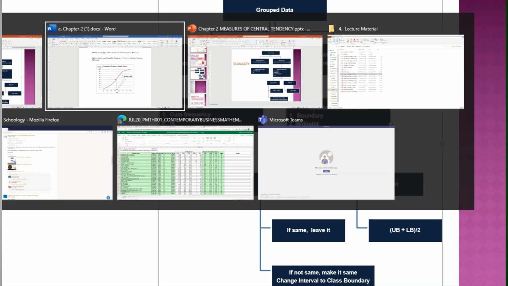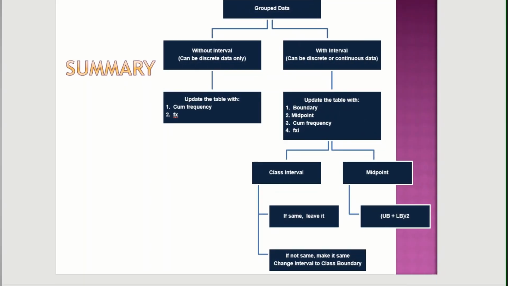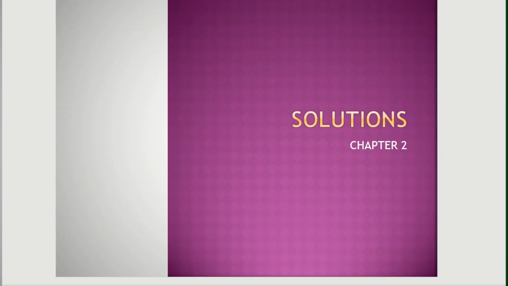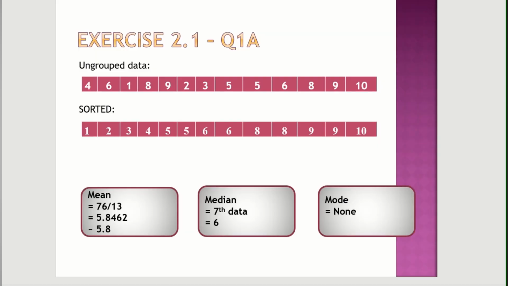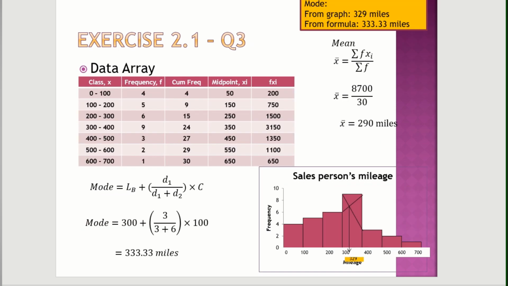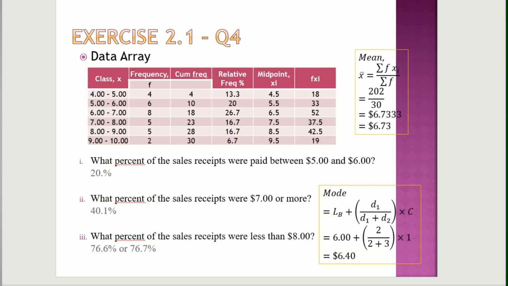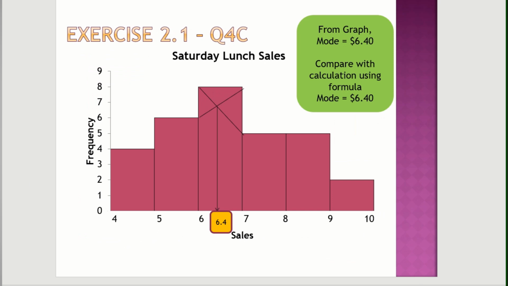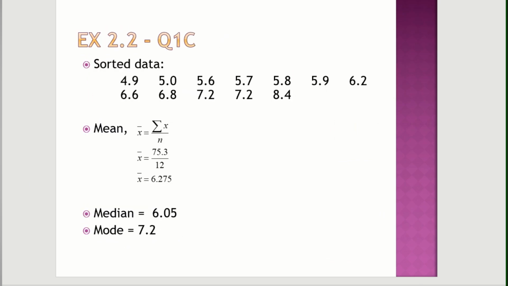Now a lot of you have asked me where to find answers. If you go to the slides that I've already shared with all of you, the solutions are already there. This time it is not in your manual. The solutions are there one by one. Just a few things you need to be careful about. Things that have units, make sure you put it in 2 decimal places. Some are not, some are. So make sure all of yours are in 2 decimal places.